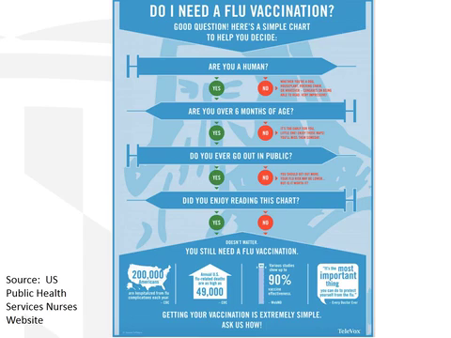Number one, are you human? Yes. So if you're human, you should be vaccinated. Are you over 6 months of age? Yes. And then you should be vaccinated. Do you ever go out in public? Yes. So you should be vaccinated. And do you enjoy reading this chart? Yes. So again, a little tongue in cheek. Their bottom line is everybody should be vaccinated unless you are a child under 6 months of age. You really need to be vaccinated. And, at a minimum, the highest risk populations need to be vaccinated.